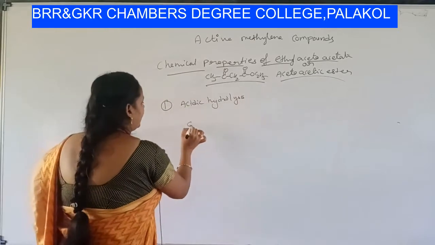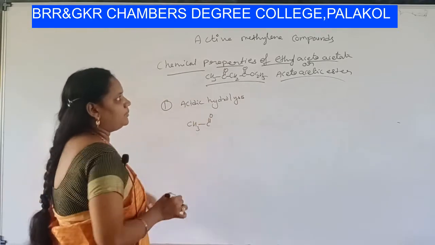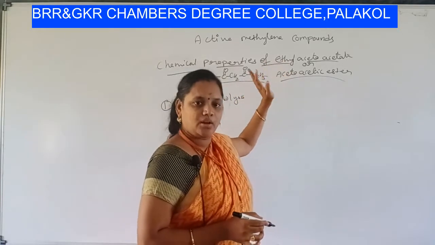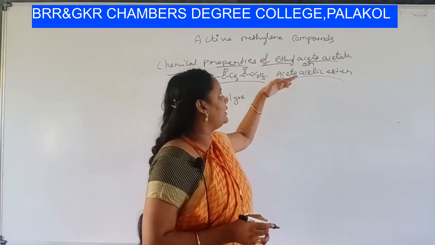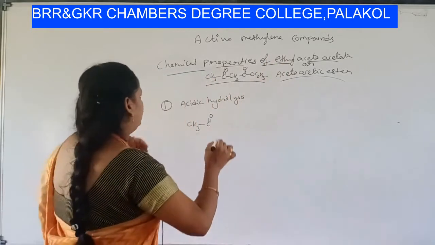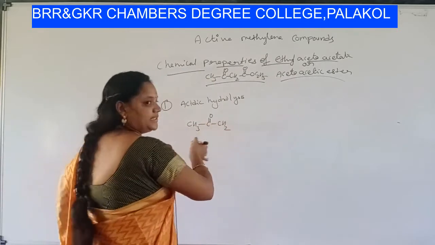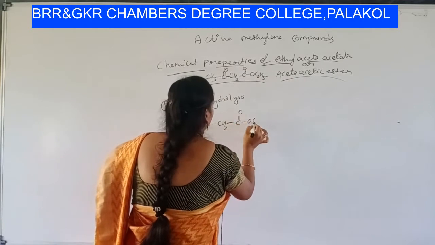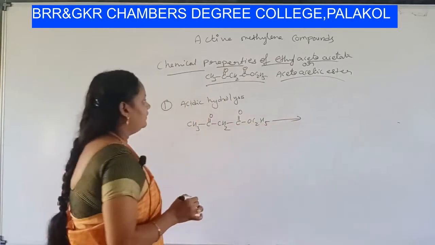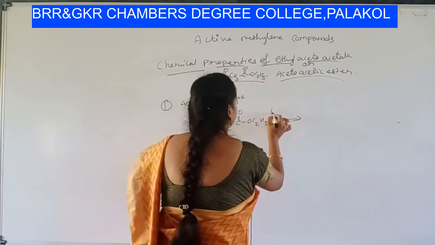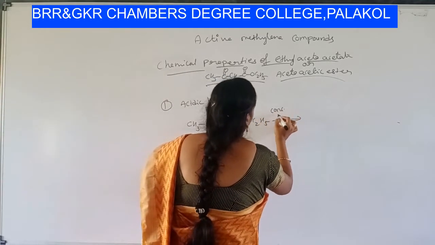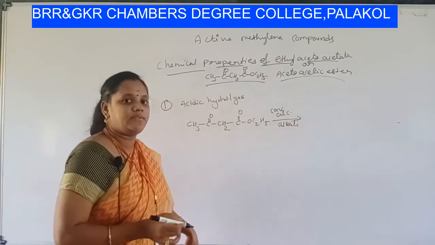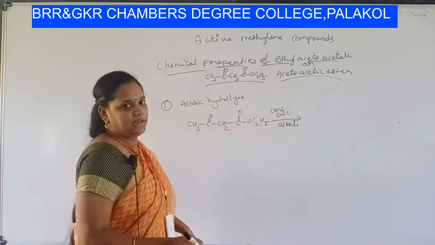Okay, let me call it by one name, students. I will call it ethyl acetate. Ethyl acetate or acetoacetic ester is one and the same. Let us take ethyl acetate. What is the formula? Repeat with me, students. CH3 C double bond O, CH2 C double bond O, OC2H5. For acidic hydrolysis, we use concentrated alcoholic alkali. Hydrolysis takes place in the presence of concentrated alcoholic alkali.